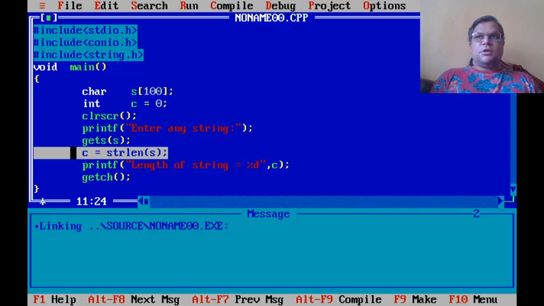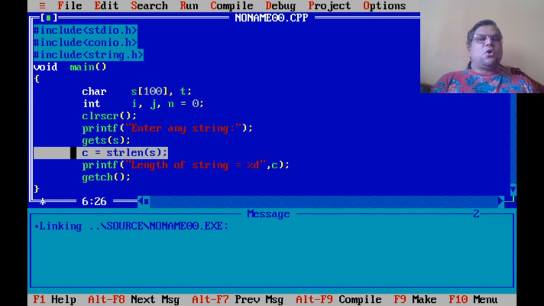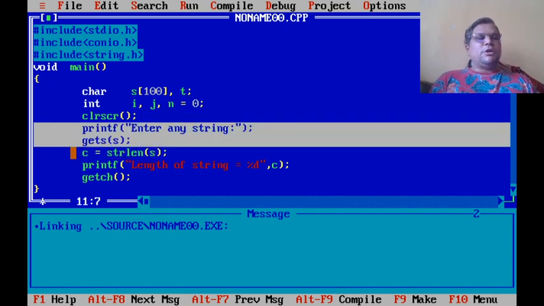So let us write a program to reverse a string by using Turbo C. Again, we will declare a character array S with arbitrary large capacity, let's say 100. We will take integer variables I and j. We will take a variable n to find the length of the string. We will take its initial value equal to 0, right? Then, since we want to swap the character pair, we need to have a temporary variable t of type char. Then we will ask the user to enter a string. We will read it by using gets.